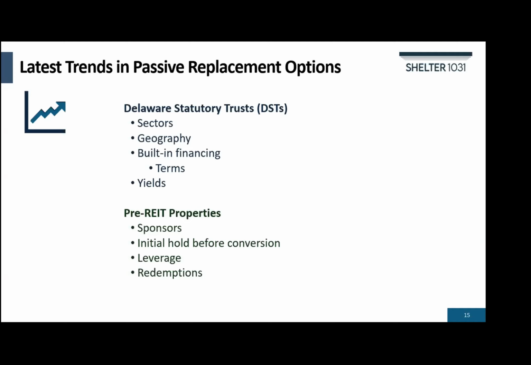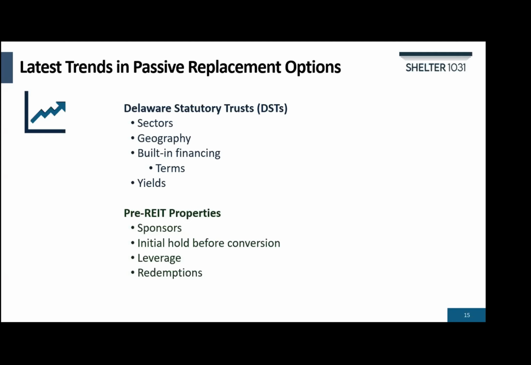Investors are treated as fractional owners by the IRS and receive their prorated share of net income and appreciation, even though their names are not recorded on the recorded title. Roughly 40% of DST dollars today are invested in multifamily, with industrial, medical, and retail being the next most popular sectors. The Southeast, Southwest, and Central U.S. continue to be the most popular locations of DST properties, particularly Texas, Florida, Tennessee, and the Carolinas.